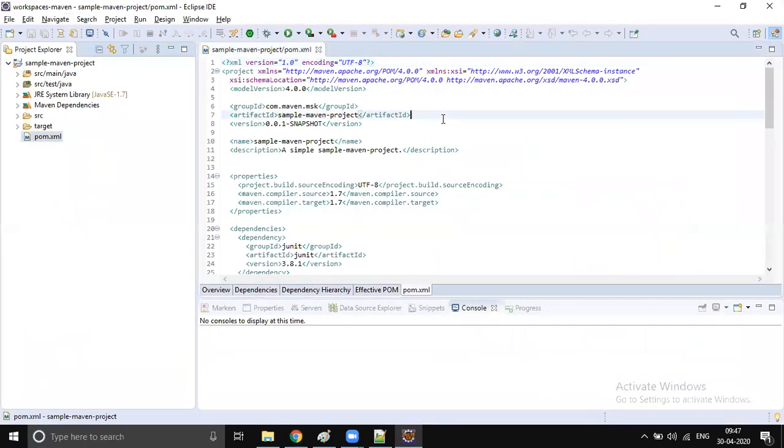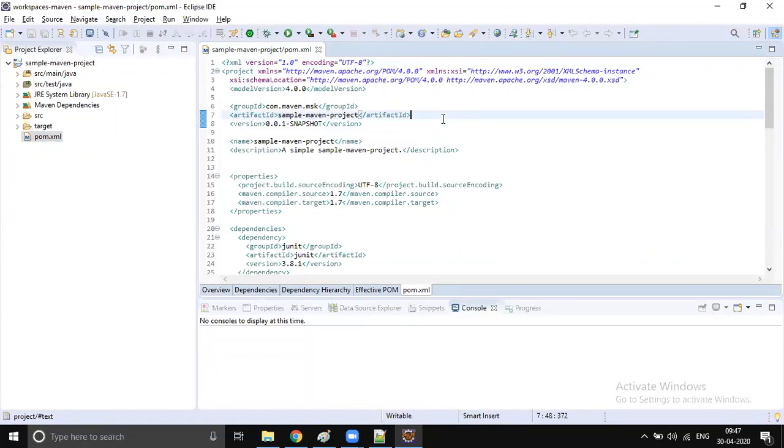As we already discussed, what is the road map for our Maven project? How does Maven know what has to be done on your project? Yes, pom.xml is the road map. Without the pom.xml file, Maven can't do anything. Maven simply says, I don't see pom.xml, that kind of error it will throw.